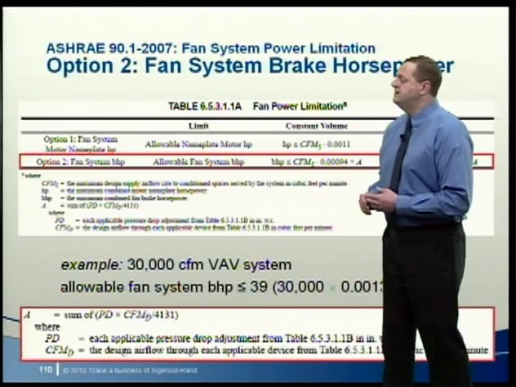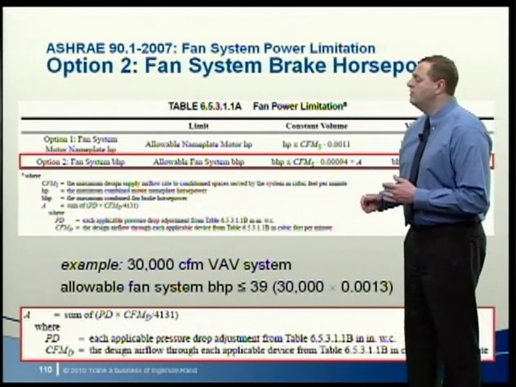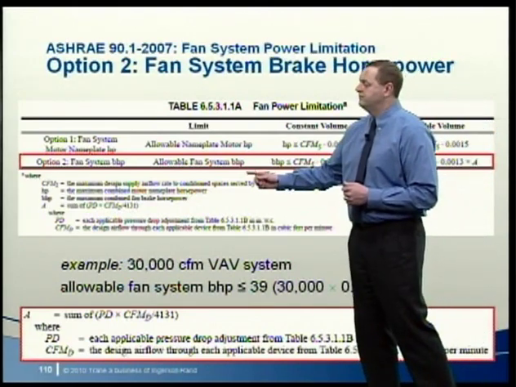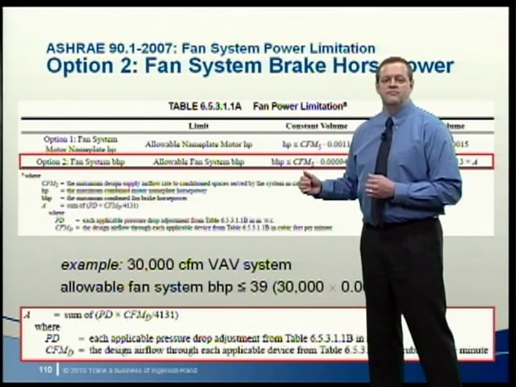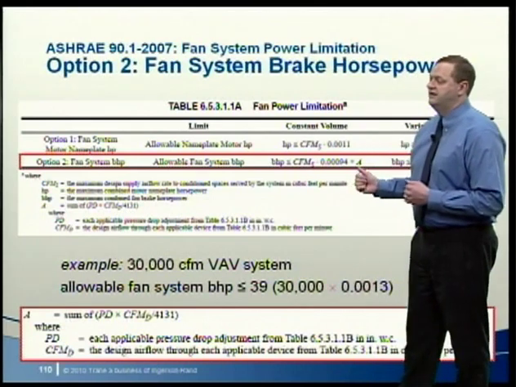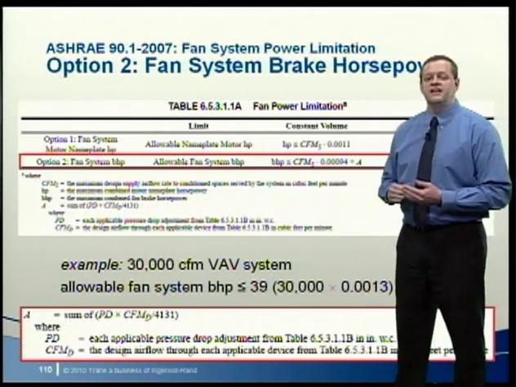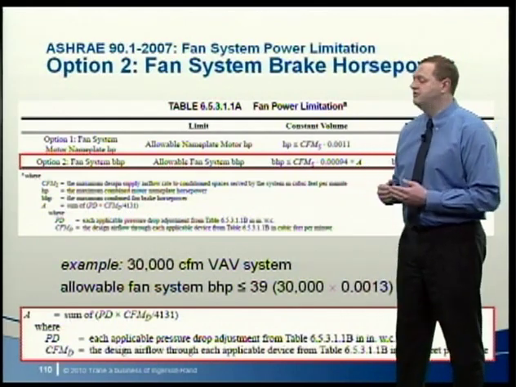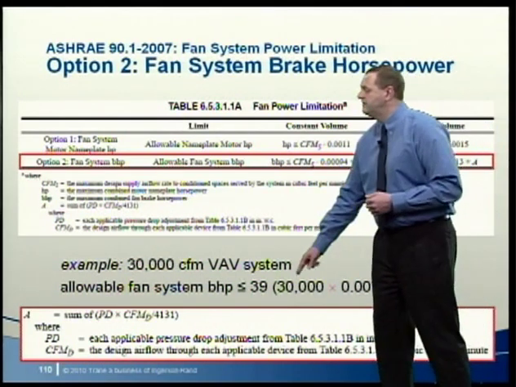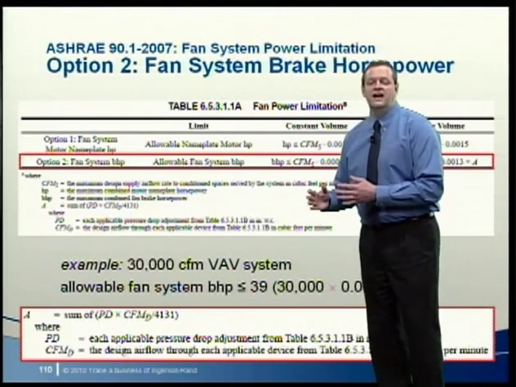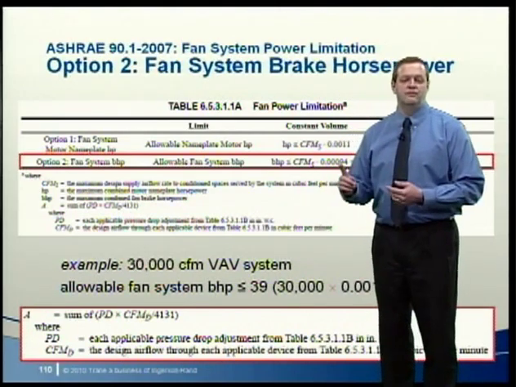Now Option 2 is based on input power of the fan shaft, or brake horsepower. To comply using Option 2, the sum of the brake horsepowers must be no greater than the value listed in the table. For the same example VAV system, using Option 2, the total allowable fan system brake horsepower is 39. Now this is less than the 45 horsepower allowed by Option 1